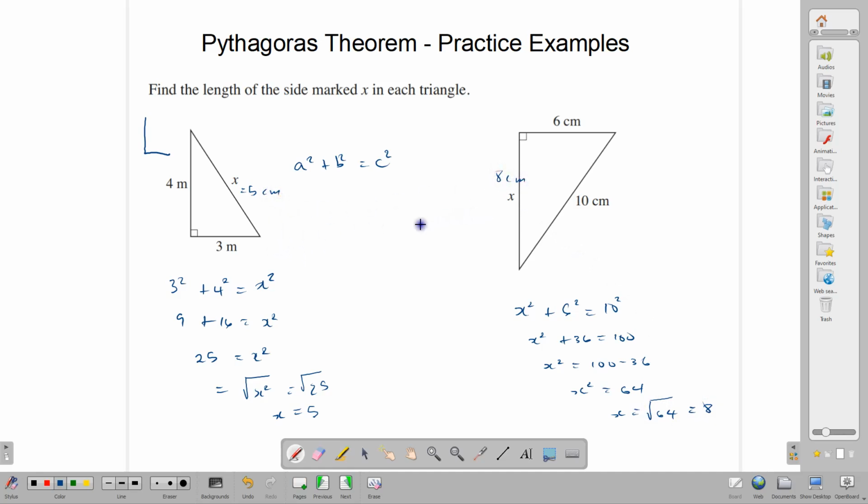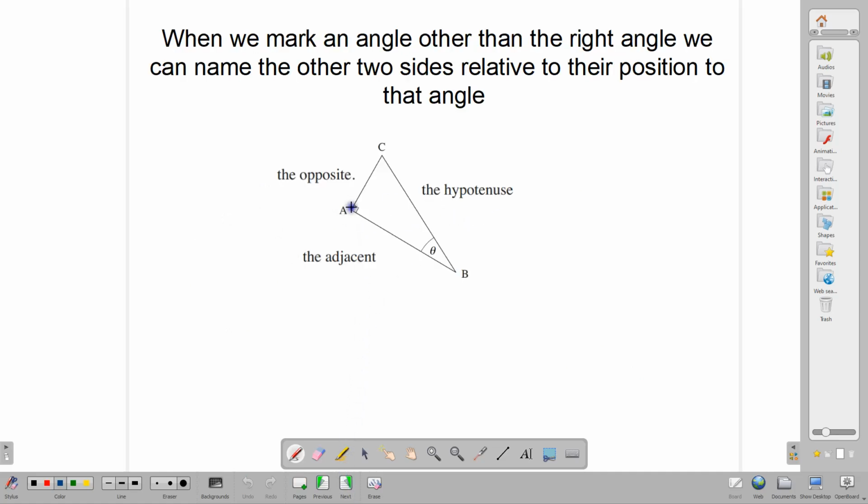And pretty much this is how we use Pythagoras' theorem to find the length of one side given two other sides. When we mark an angle apart from the right angle, so this is our right angle triangle, this is our right angle, it is marked, so we can know which angle is the right angle and which side is the longest side. When we mark an angle that is not the right angle, as in this case, we marked this angle, we call it theta, it's a Greek letter,